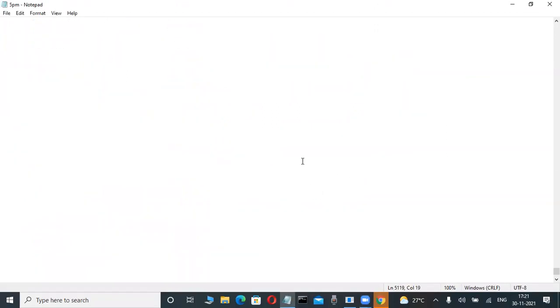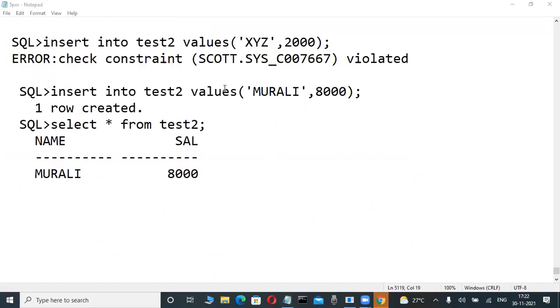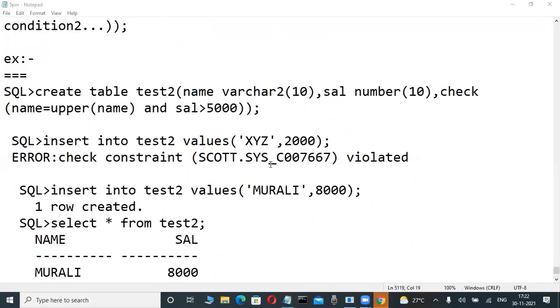Today is a very important concept. I'm telling you already, up to the end of the class, don't disconnect. Only today's class is the most powerful concept. Before we start the data dictionary concept, it is through the constraint that I am telling. Don't worry. But before we start the data dictionary concept, yesterday,